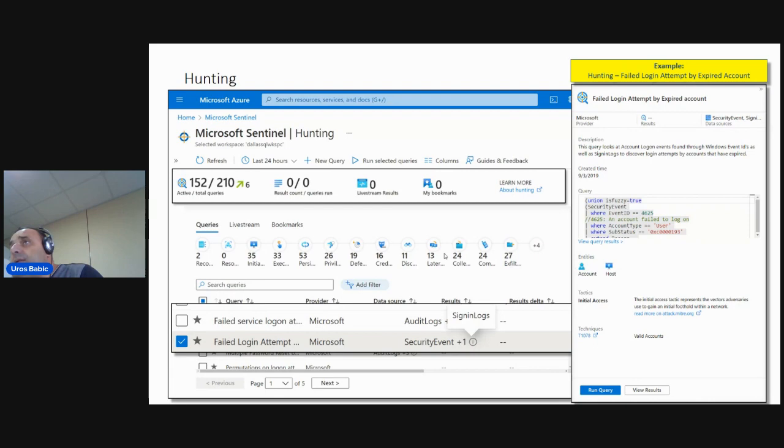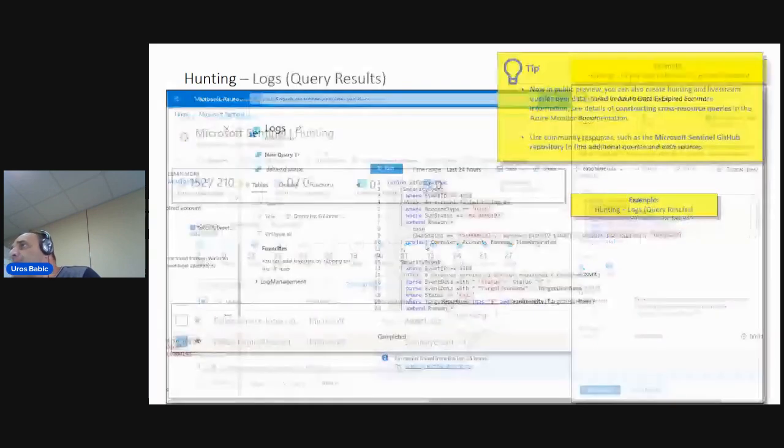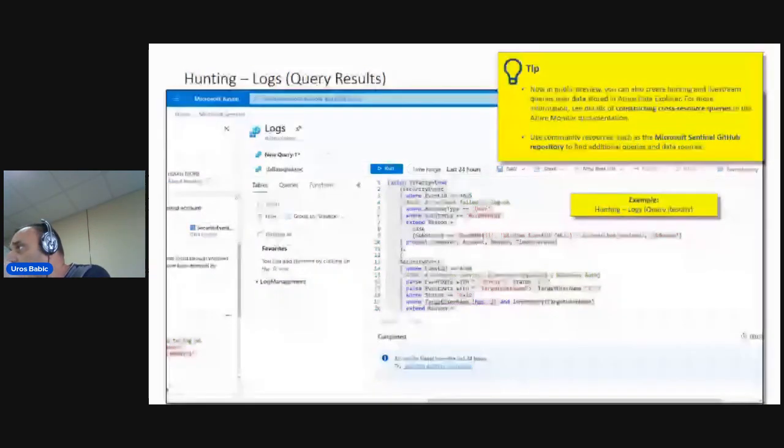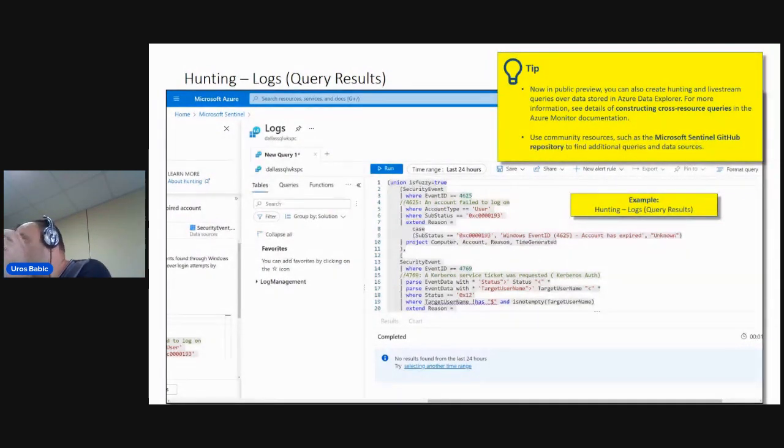And of course, hunting regarding the logs, because the hunting dashboard enables you to run all queries or a selected subset in a single selection. This slide describes all the queries written by security analysts, and extra queries you can create or modify, and each query provides a description of what it hunts for and what kind of data it runs on. These queries are grouped into the MITRE ATT&CK tactics,